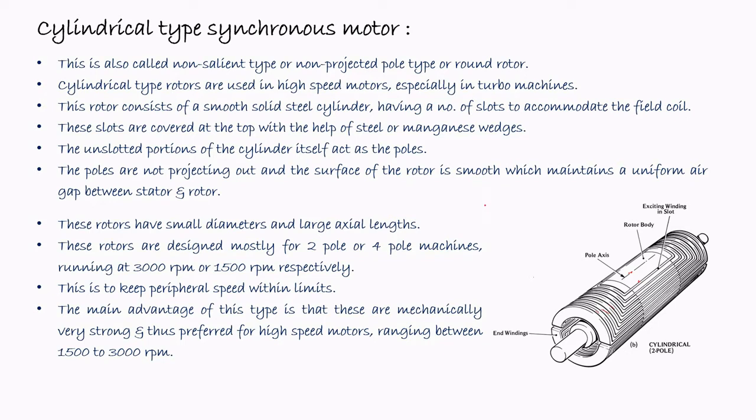So here we can remember that the speed of the synchronous motor is 120 f upon P. In India, the frequency is 50 Hz. So it is 120 into 50, and the number of poles minimum will be 2 because it should be an integer, it should be an even number. Therefore, if we calculate, we'll get 3000 rpm. That means the speed of the synchronous motor in India is 3000 rpm maximum. We cannot get more speed in India because the frequency in India is 50 Hz.